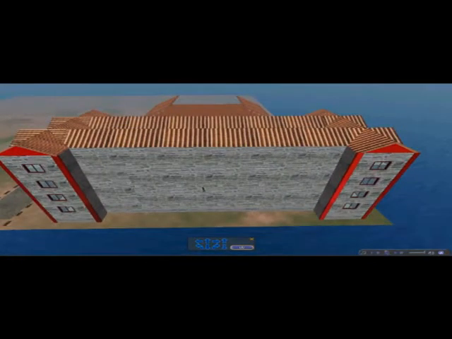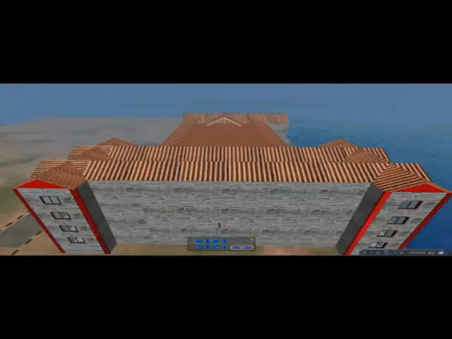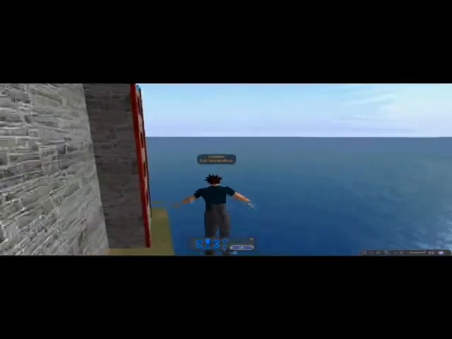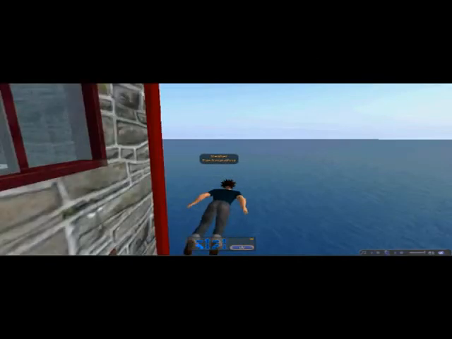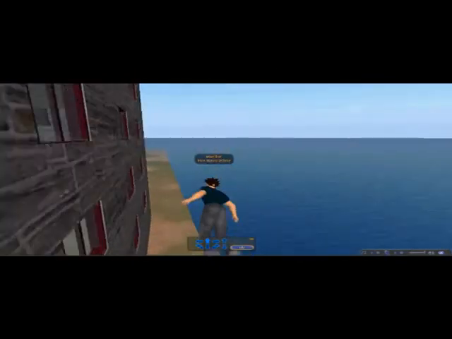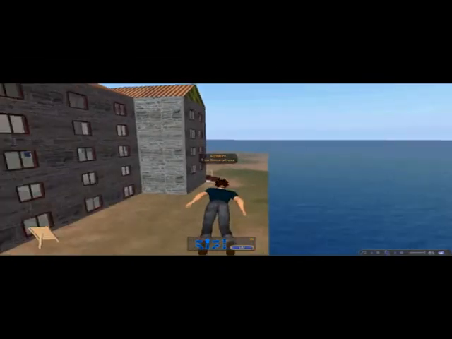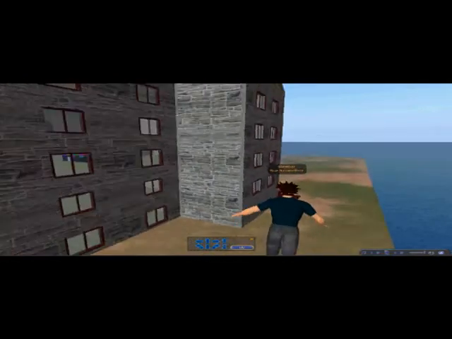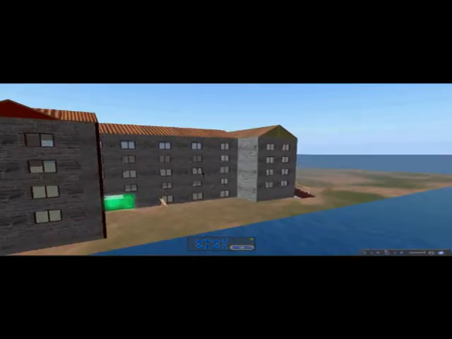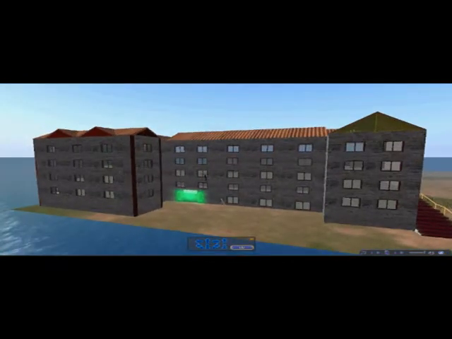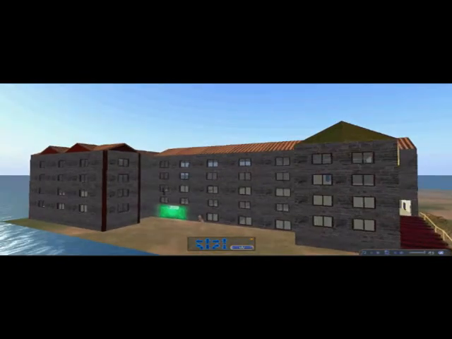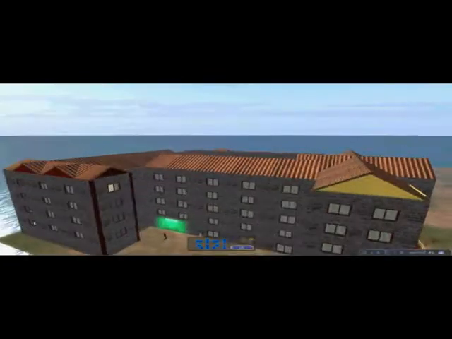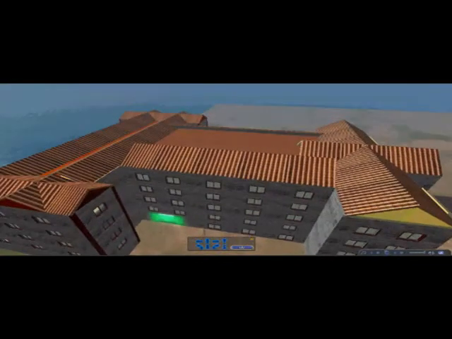Again, the top view. Now we'll be going towards the right entrance of Flasham Hall. The green door is the entrance. Flasham Hall is located at the northeast corner of UMKC Island.